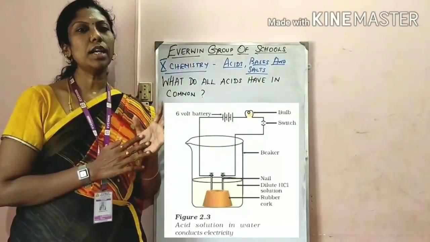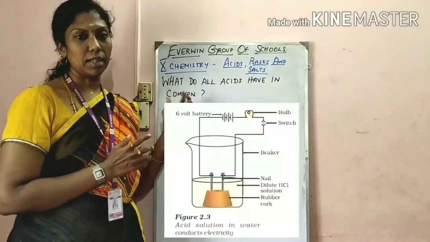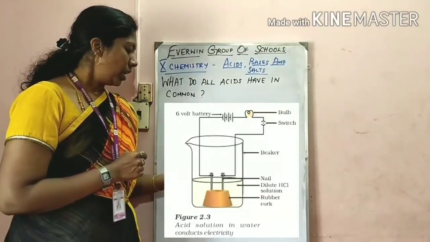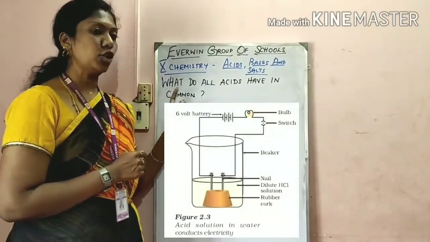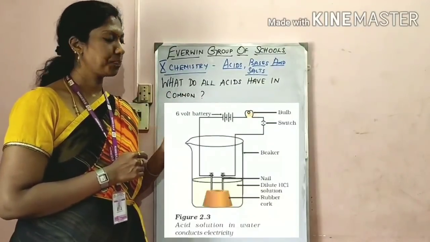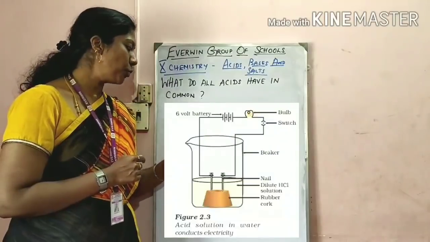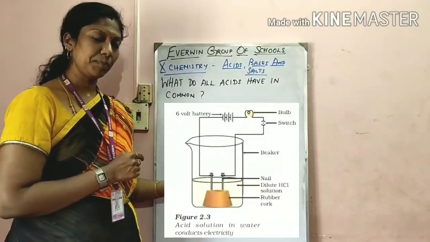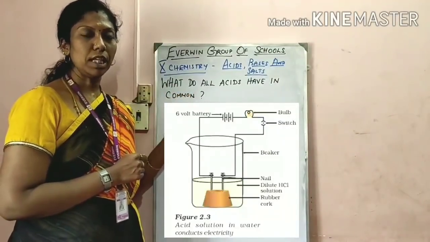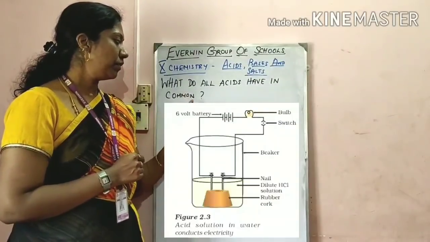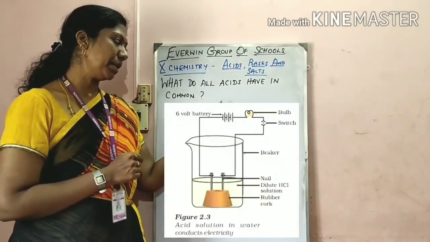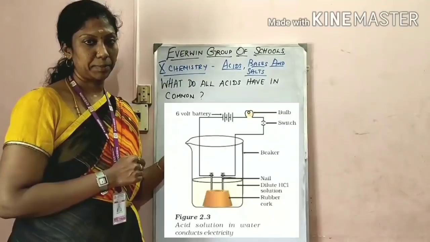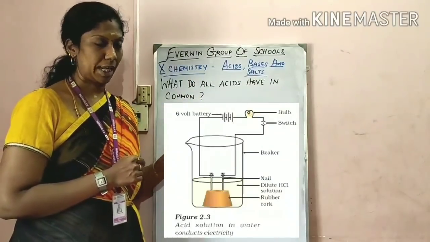And then they have given you a 100 ml beaker with a cork immersed in it, and above the cork 2 nails are immersed. The nails are connected to a battery and a switch. Step 1, you are going to pour the sample solution A, which is dilute hydrochloric acid, into the beaker and start connecting it to the electricity. They have fixed a bulb in the circuit, and when the switch is on, the bulb starts burning. This is for sample solution A.